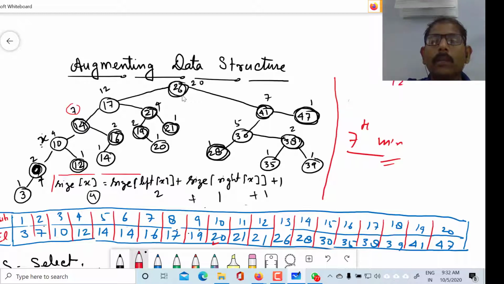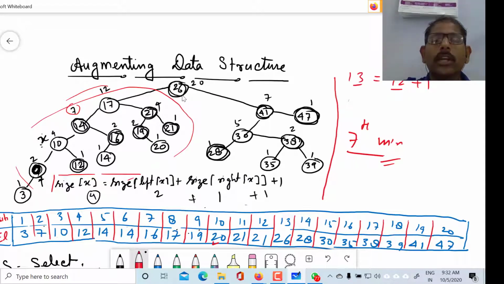So 12 is the size of the left subtree, and plus 1 makes 13. So 13 is the node value at 26, and this will be termed as x.